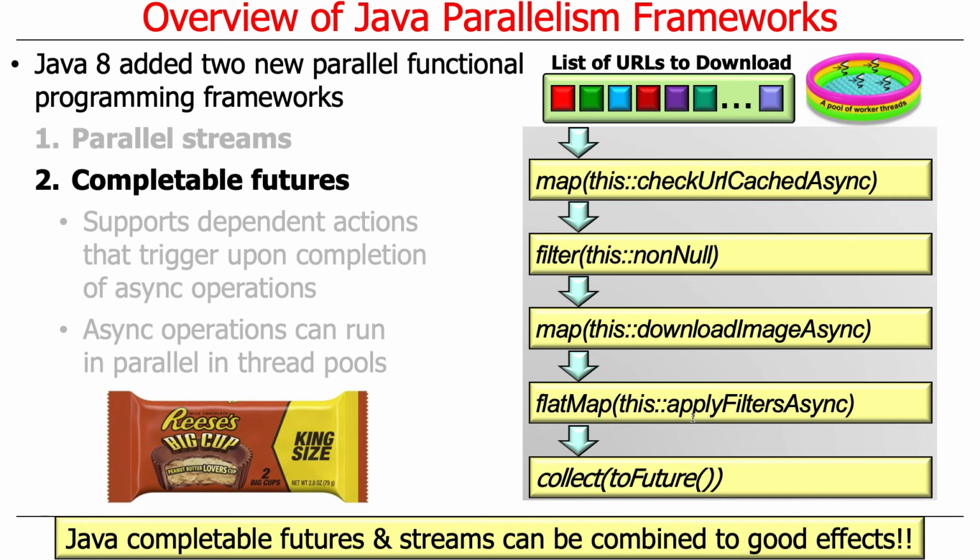It's possible to combine Java completable futures and Java streams, typically sequential streams, not parallel streams, together to have a good outcome. Kind of like taking peanut butter and chocolate and making a peanut butter cup,